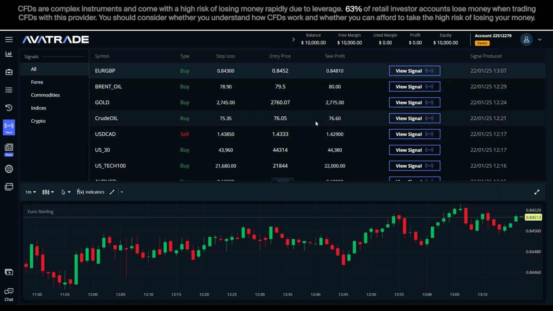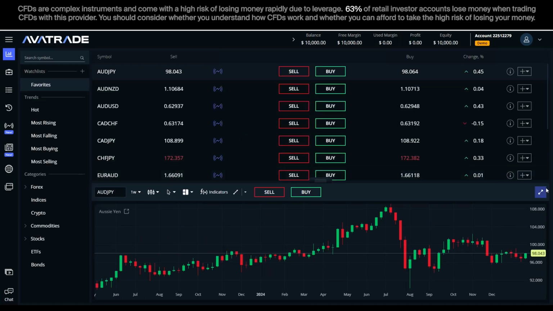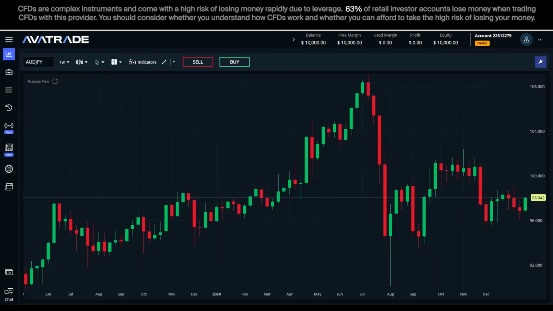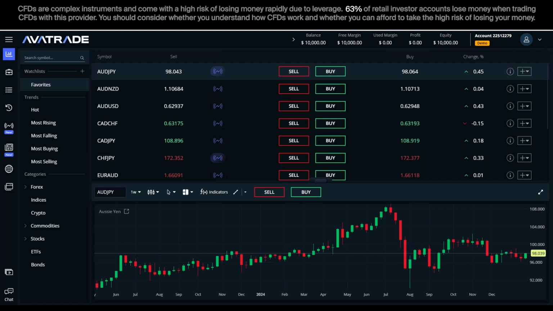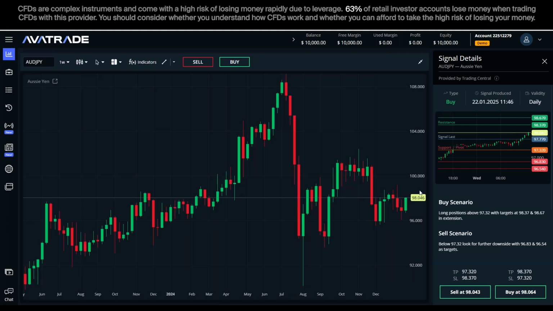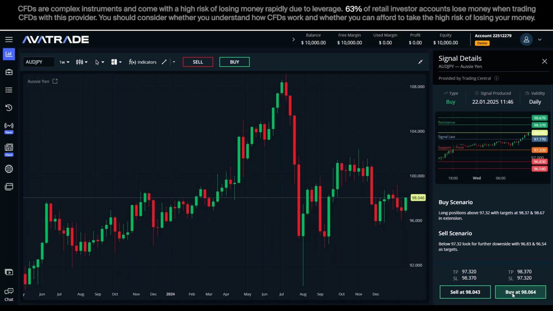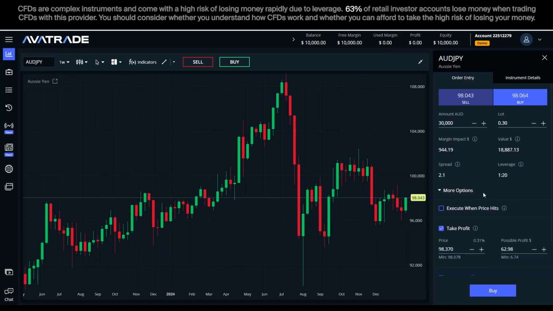All right, one way to get to the signals is obviously through here, the signal section. Another way is by choosing, you see that with two tiny arrows, I can minimize and expand the screen. In here, if I see an instrument with the blue lightning icon, this can also take me to the signal specifically for Aussie Japanese yen. So if I click it, you see it opens the specific signal for that. And I can expand the screen and do my analysis and also use this signal, okay, in whatever scenario I